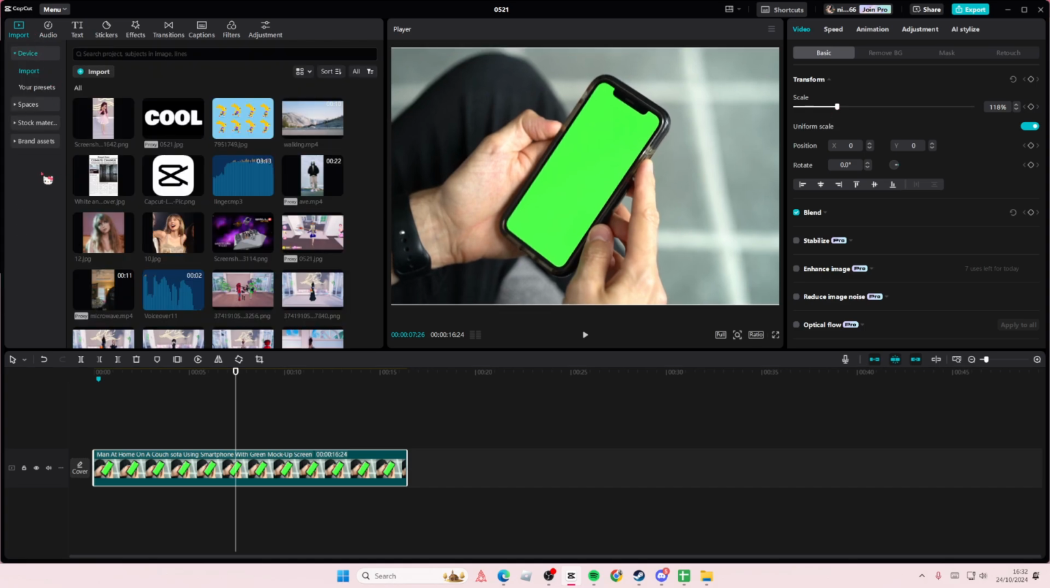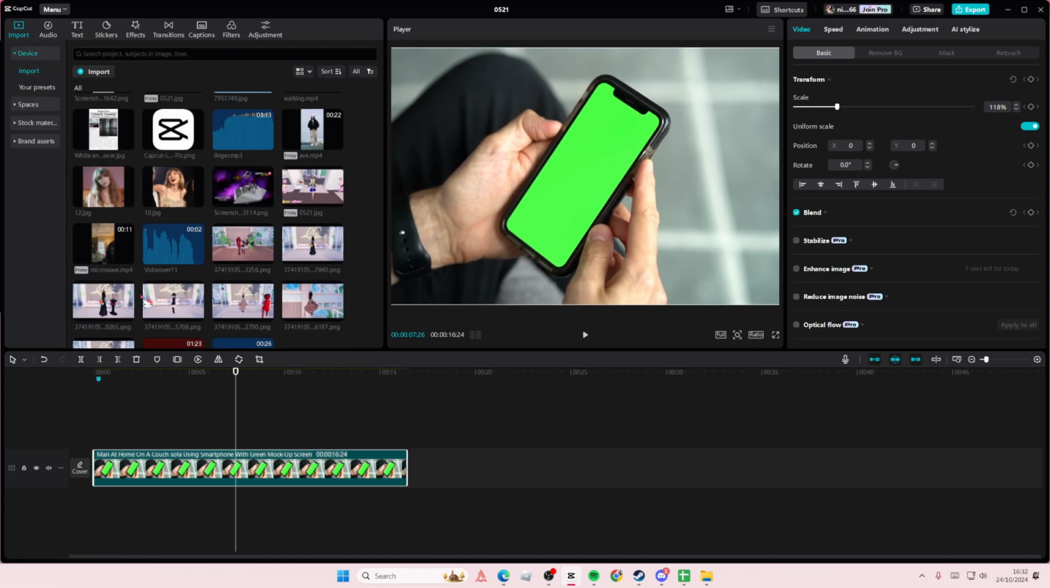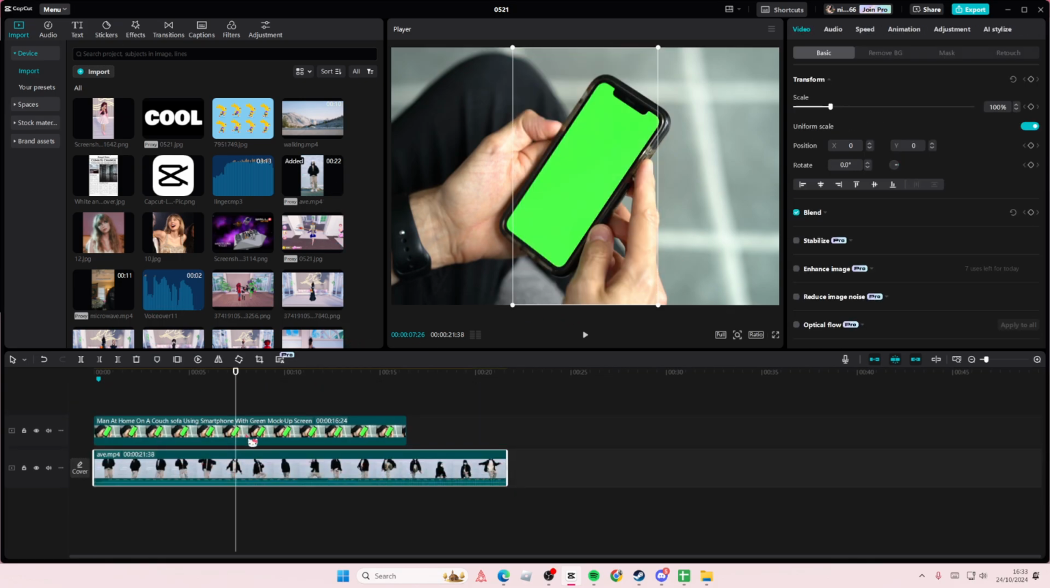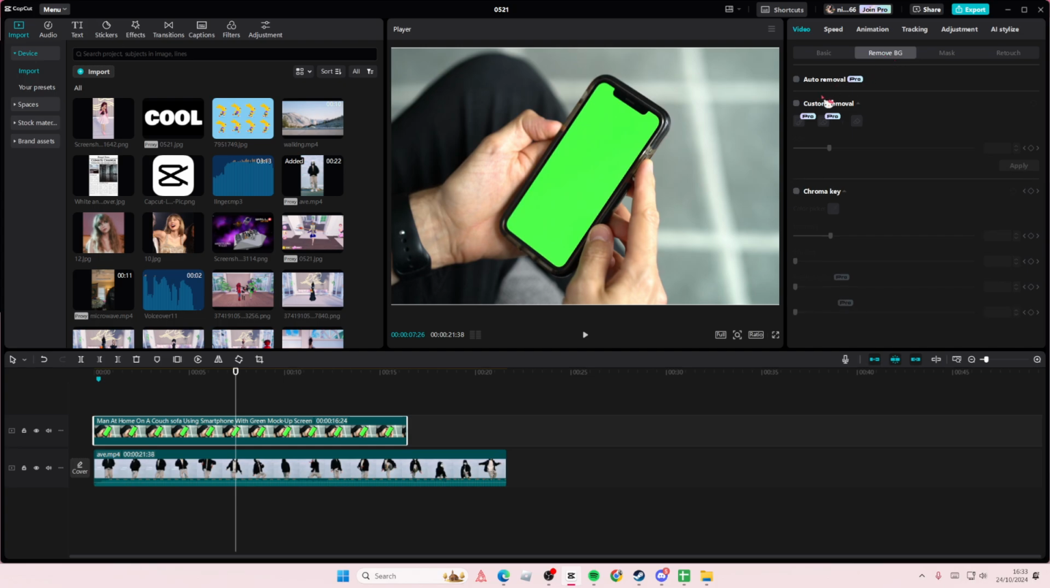Go to your videos or anything and add in the video that you want. I'll just add this one and place it underneath that video. On this one, go to remove background, select chroma key, and select the green area of the green screen. You can adjust the intensity and stuff here, but I'm just going to keep it at